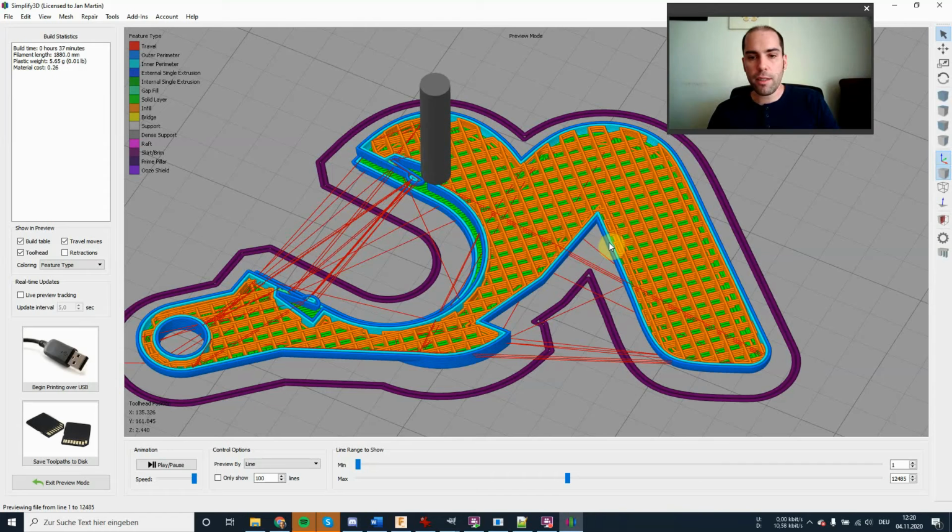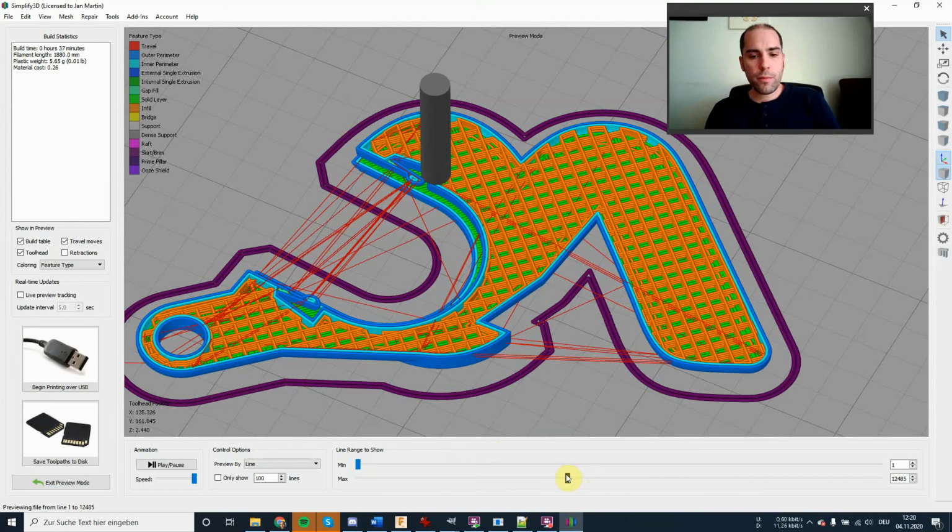Now the perimeters themselves are only 0.4 millimeters wide each, so 0.8 millimeters in total, which is not a lot. The walls of this object are going to be rather thin, which is a problem because I'm afraid that the bottle cap is going to put too much strain onto this tooth here, and it's going to be worn down rather quick.